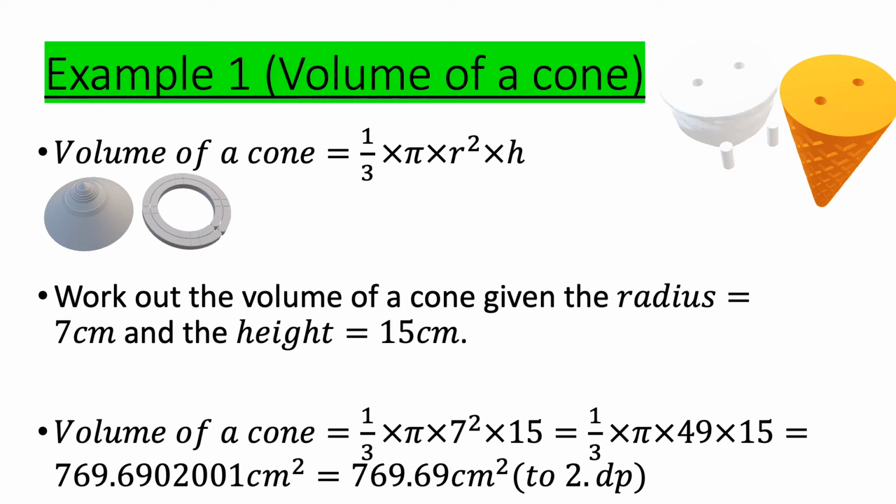Okay, so pi is just a constant. Work out the volume of the cone given the radius is 7 and the height is 15. So we sub in r is 7 and h is 15 into this formula. So I get 1/3 times pi times 7 squared times 15. 7 squared is 49, times 15, times pi times 1/3 gives us